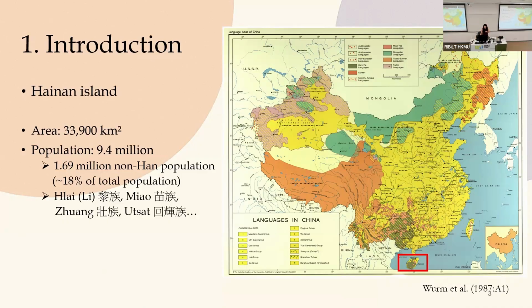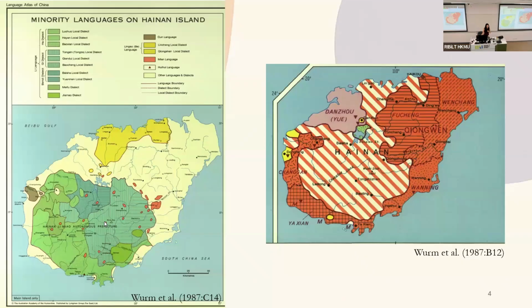Okay, and with a diverse population comes a diversified linguistic landscape. On Hainan Island, we can find languages from 4 different language families. Various Sinitic languages, which means Chinese dialects. On the right side, this is the map showing the location of all Chinese dialects. The dark orange part are the Hainan Min varieties. And Danzhou, well, some people call it a Yue variety, and you have some others, there's Junhua, and also you have Maihua, somewhere in Sanya.